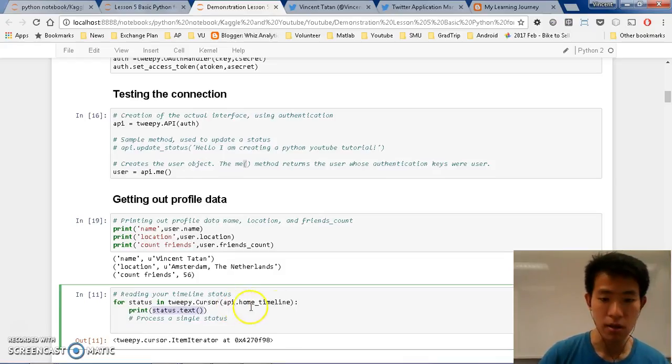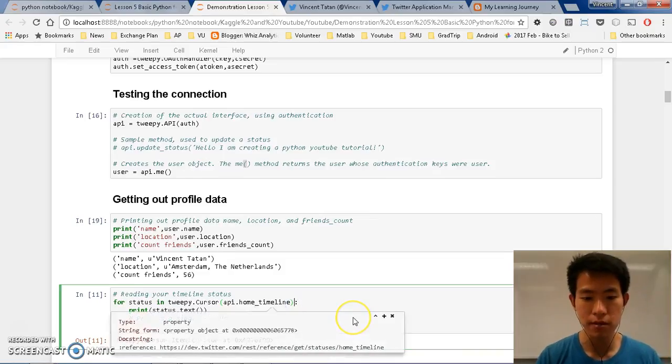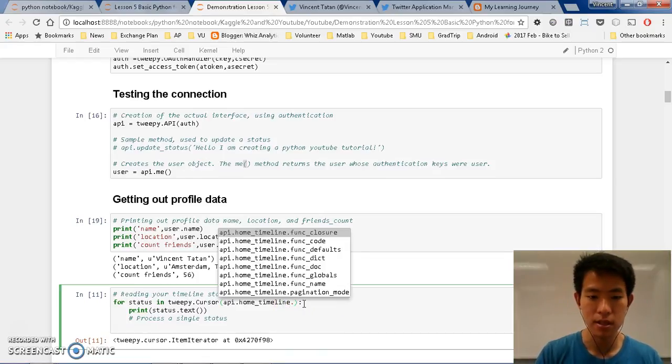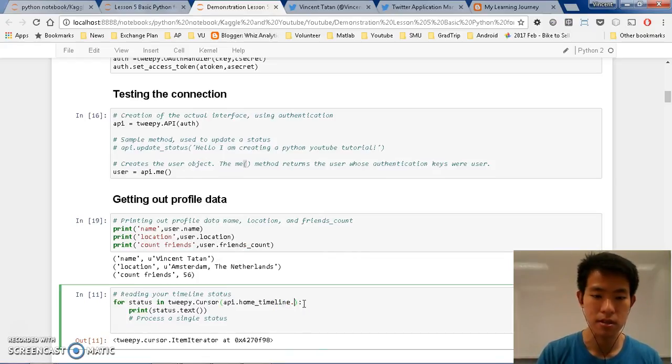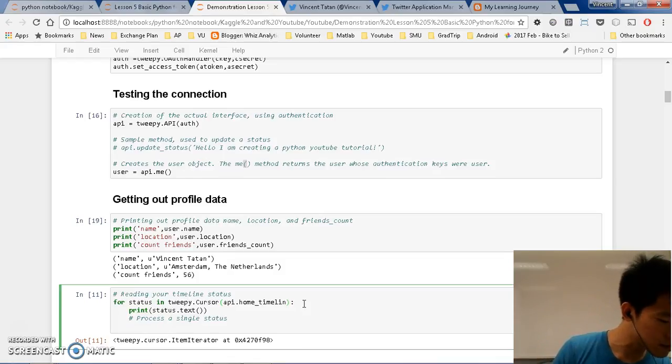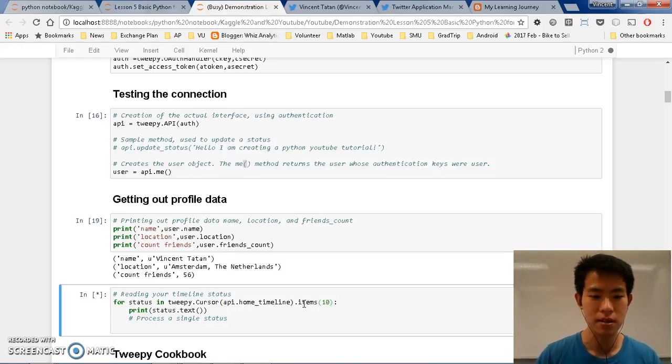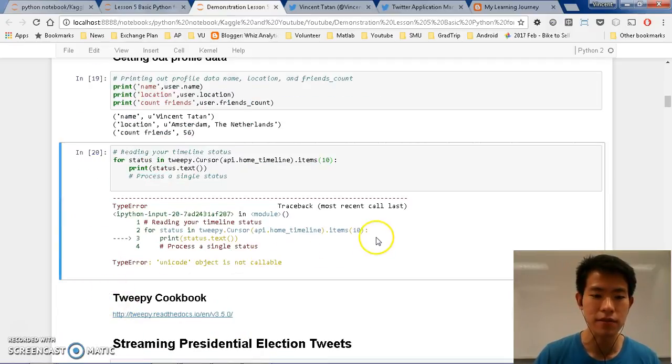Okay, so this should be fine, but I think I'm missing something. I think I'm missing items(10), it should be inside items. Yeah, let's just do items(10). So I just run this, it gives me an error.